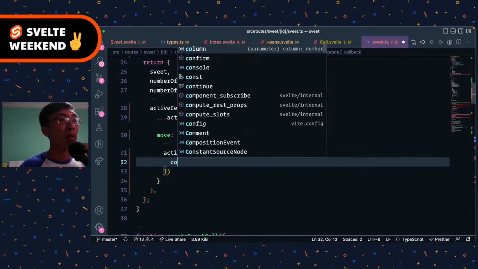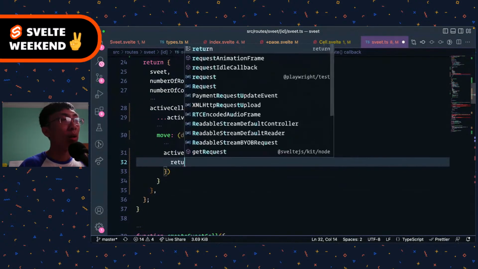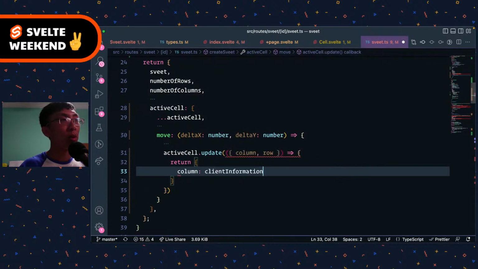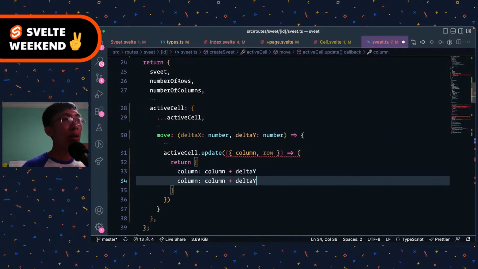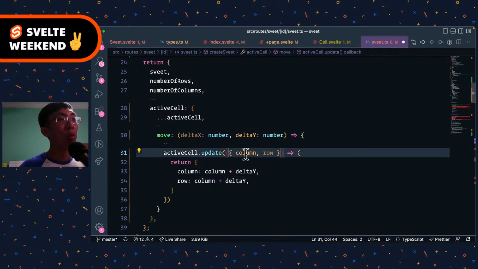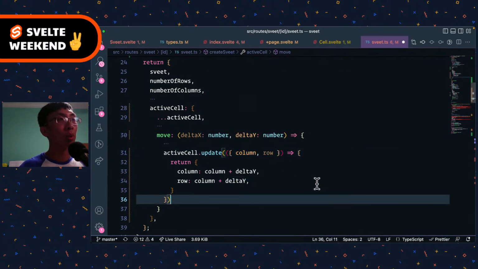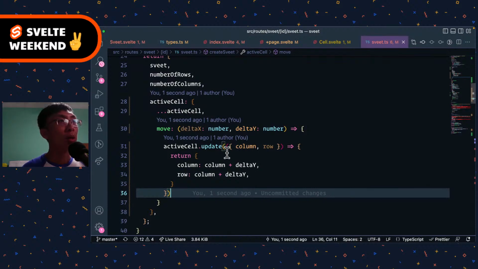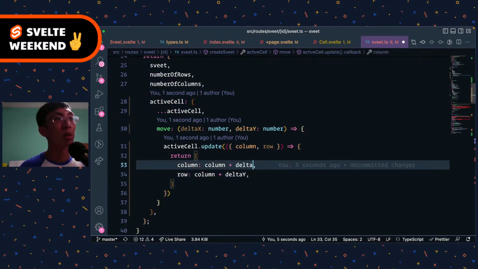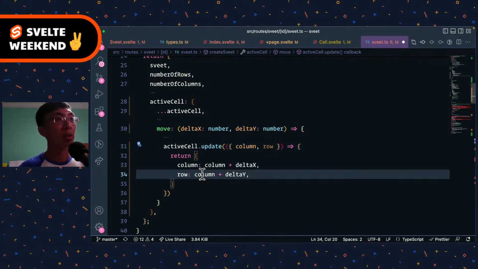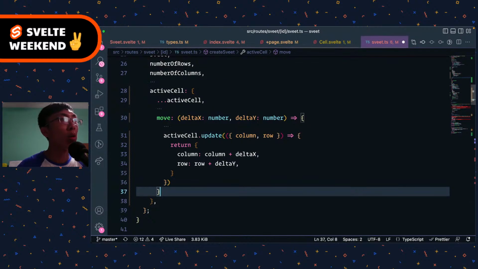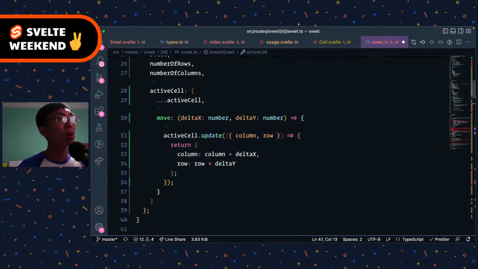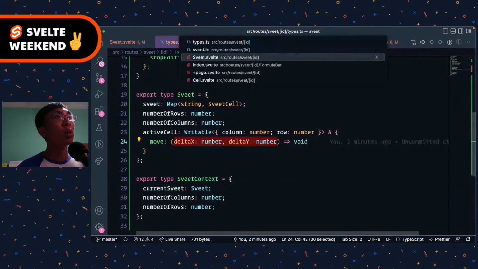And then we can say return column equals column plus delta y. And then the row is the row. Okay, hold on, updates. Yeah, that's correct. Delta x, delta y. The column is the x, that's y. This is the row. Okay, we have this method as well. Now here, I think